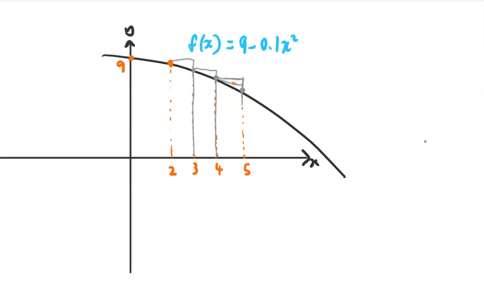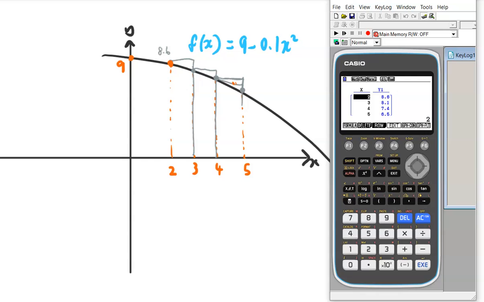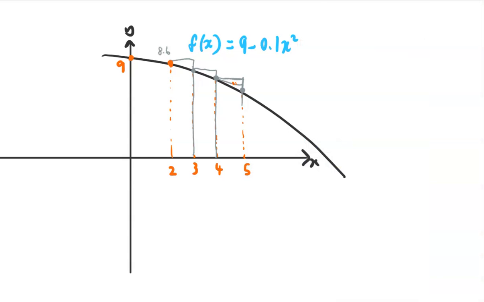Okay, so if I'm going to work out the areas, the values I want are the ones on the left, yes? So the heights are going to be 8.6. What's the next one? 8.1 and 7.4. So that is 8.1 and that's 7.4. Now, I don't actually need this point on the right-hand end. Even though the table's given to me, I don't need it for my calculations. So the total area,